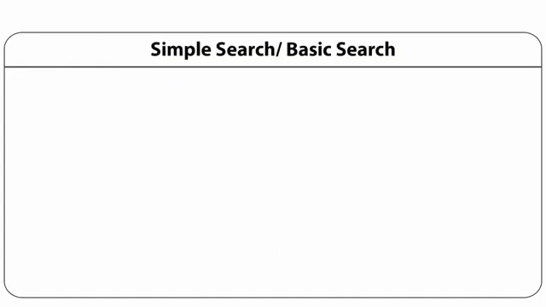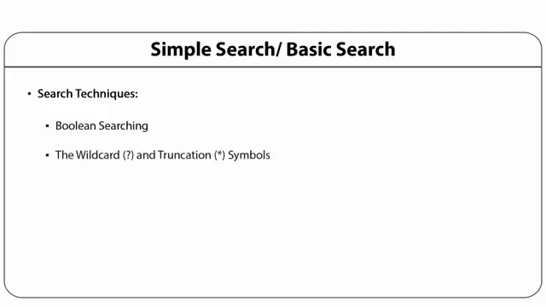Most digital libraries allow basic search techniques using a simple search box. For example, the Boolean search operators and, or, not to broaden or narrow the search results. The wildcard, that is the question mark, and truncation, that is the star symbol, to create searches where there are unknown characters, multiple spellings, or various endings. It also supports proximity search using the near operator for results that contain two or more terms that appear within a specified number of words or fewer apart in the databases. Use of parentheses for grouping searches.